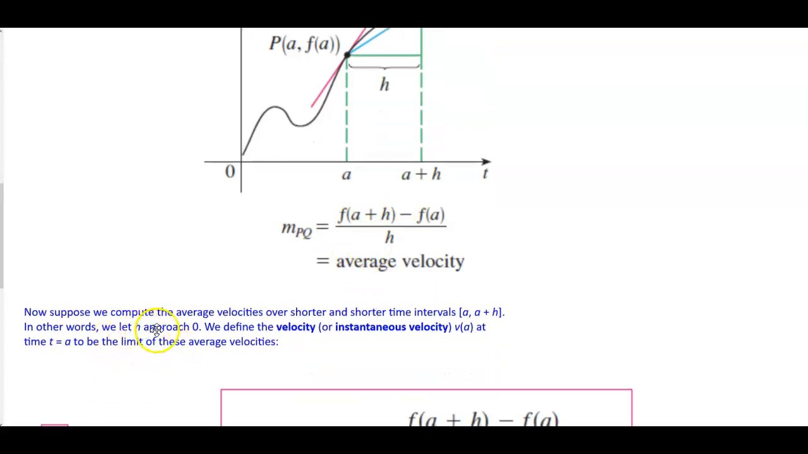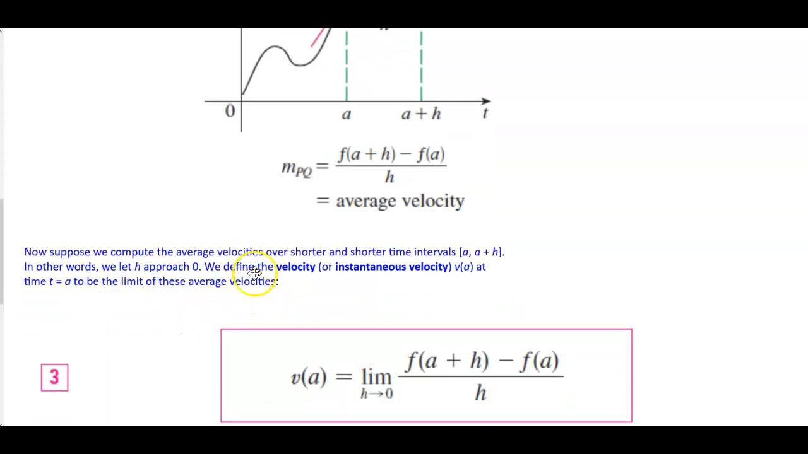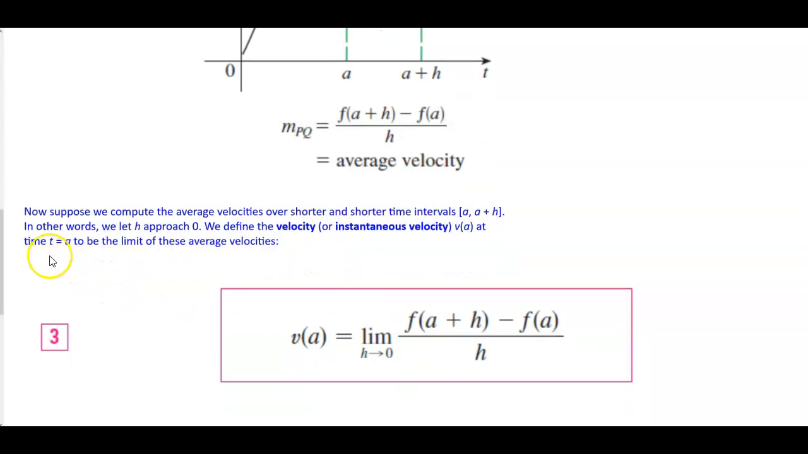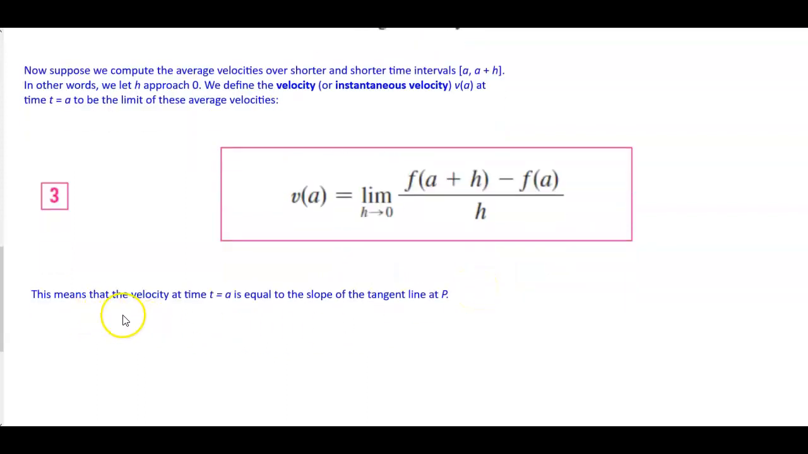So now suppose we compute the average velocities over shorter and shorter time intervals, a and a plus h. In other words, we're going to let h approach 0. So we define the velocity, or instantaneous velocity, v of a at time t is equal to a to be the limit of these average velocities. So the velocity v of a is equal to the limit as h approaches 0 of f of a plus h minus f of a divided by h. And this means that the velocity at time t is equal to a is equal to the slope of the tangent line at